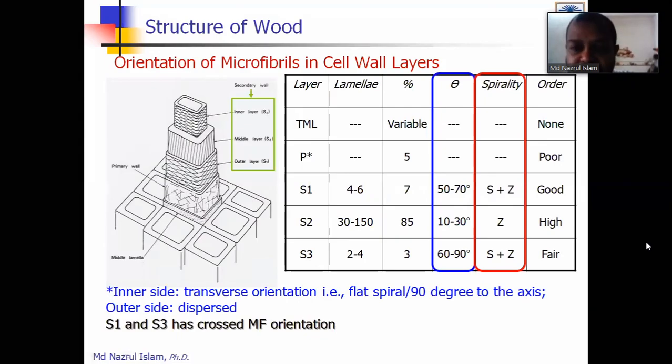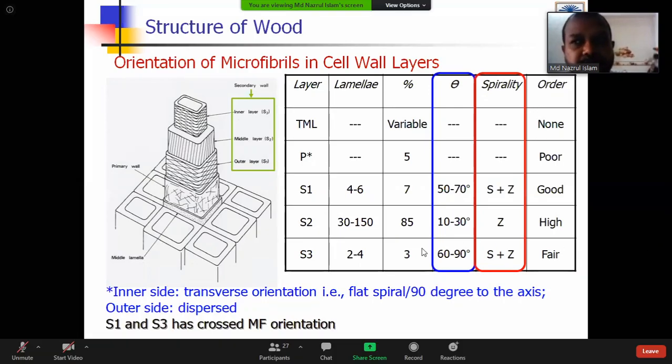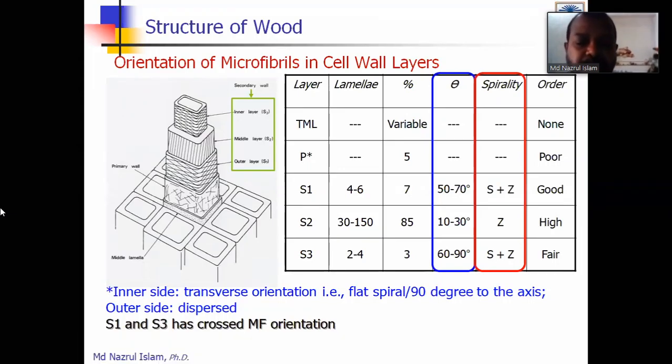Now you see the orientation of the microfibril that we have studied earlier, because in the true middle lamella, we are saying there is no cellulose. So definitely there is no microfibril, because microfibril comes from glucose. Glucose makes cellulose. Cellulose chain makes elementary fibril. Elementary fibril makes microfibril. Microfibril makes macrofibril. Macrofibril makes lamella. Lamella makes the cell wall. So that is the gradual progress. In the middle lamella, true middle lamella or middle lamella, there is no cellulose. In the primary wall, even there is no cellulose we are mentioning, or a very small portion. So generally we ignore it.